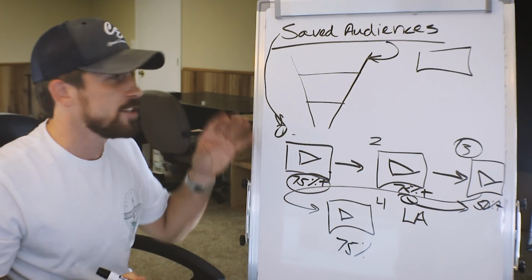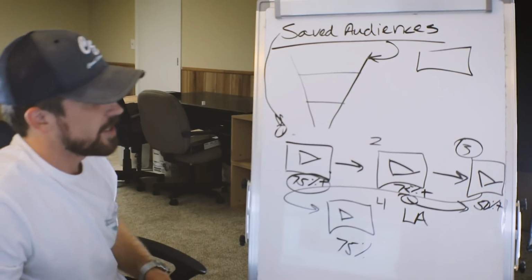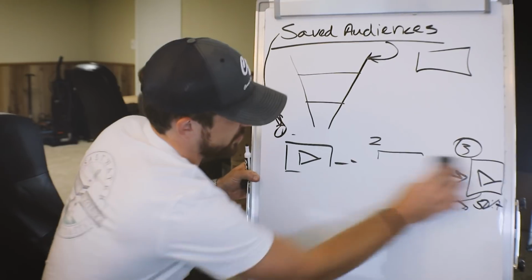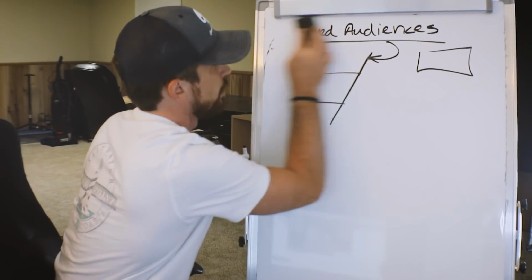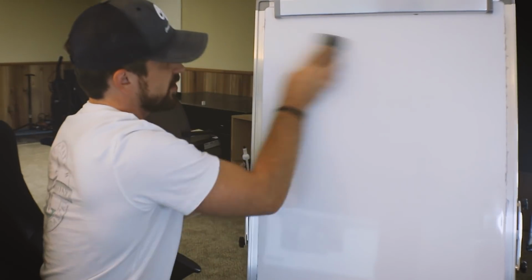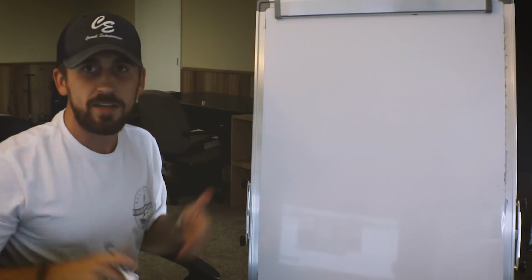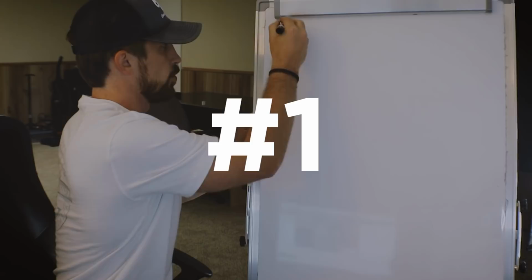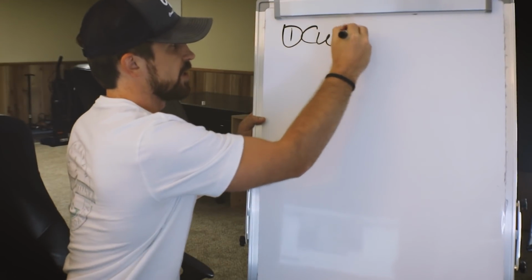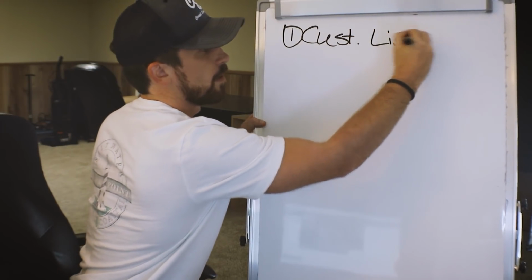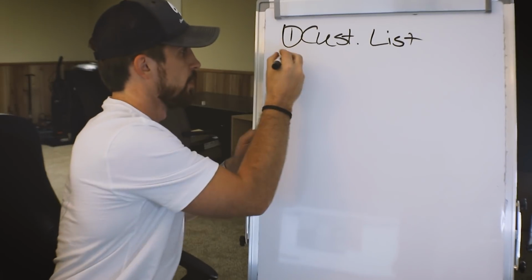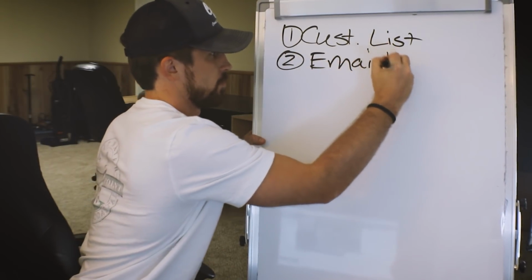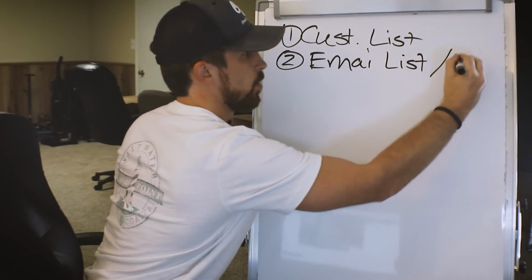So that's the strategy there between saved audiences and lookalike audiences. And if you want me to show you guys some of what you should be doing, basically your lookalike audiences just need to be based on people who have taken specific action. So the first and foremost is going to be your customer list, right? Super important. Number 2, your email list or leads